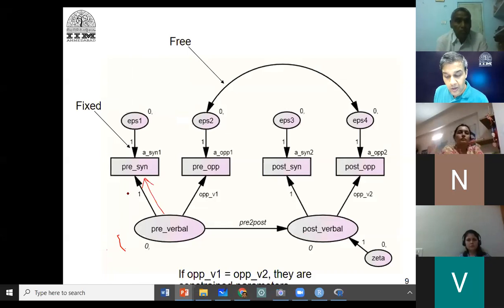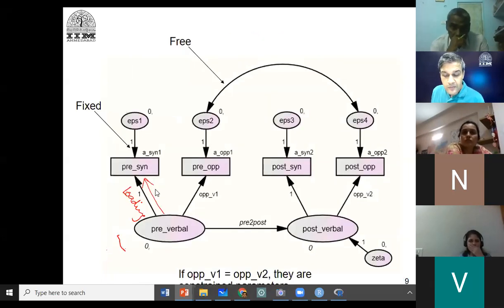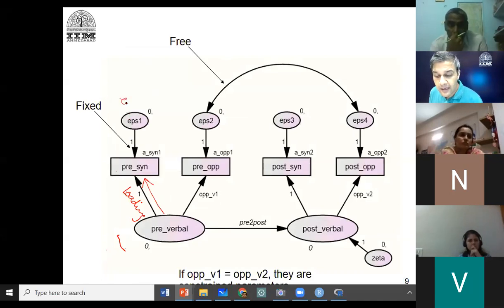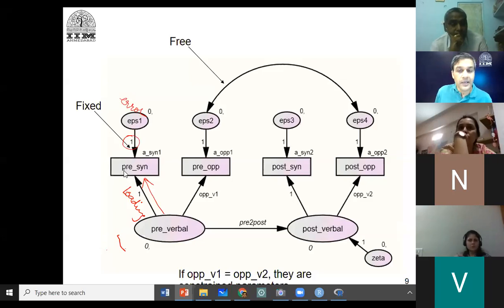This is called loading in our model. This is the item, and this is the error, and the error is completely associated with this item. Therefore you will see the loading is 1. The 1 here indicates that it is 100% associated with this item. Similarly for all the other items.